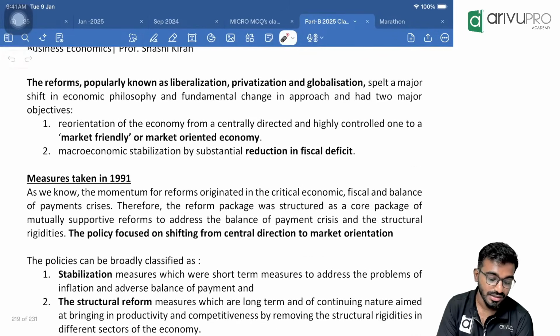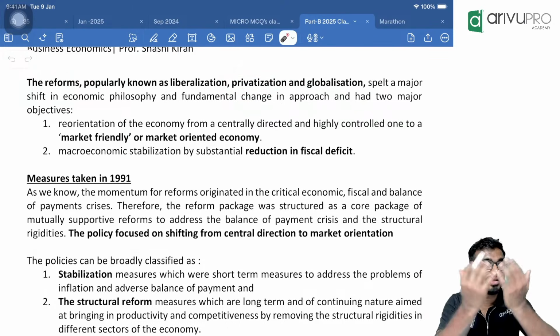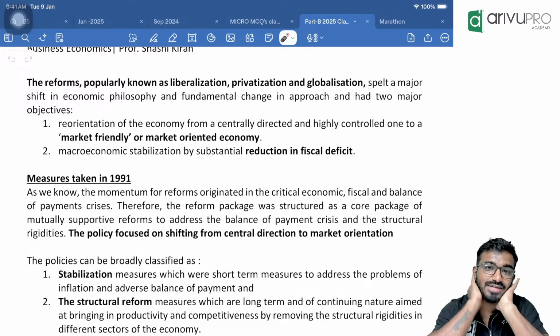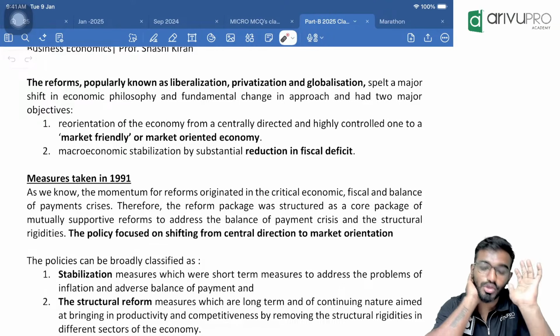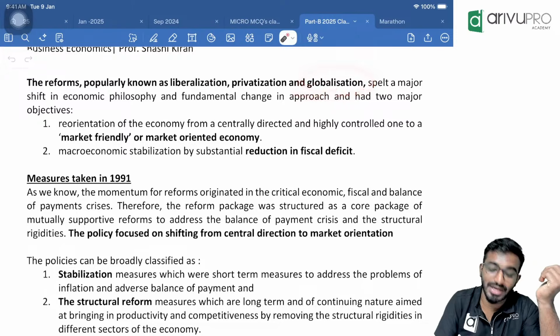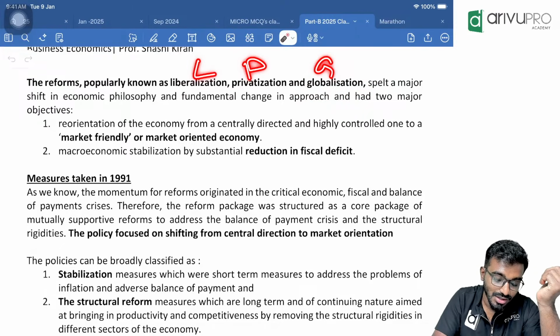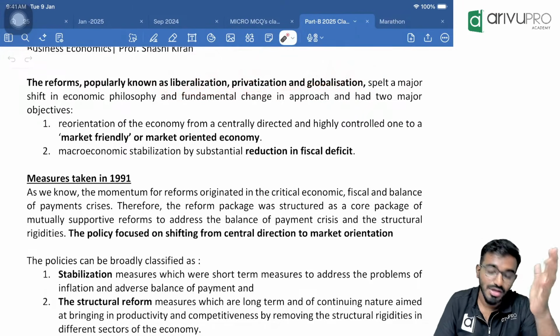See, boss, in your country, rules and regulations are very strict. For private people, you are not at all giving freedom. Everything is controlled by your PSUs. Only if you liberalize your rules, I will give the loan. And if your PSUs are not working well, sell them to private. Privatization has to be made more and more. And no more closing the country's doors. You have to open up the gates of your country. You have to treat the entire globe as one single market. Globalization practices. So LPG: liberalization, privatization, globalization.